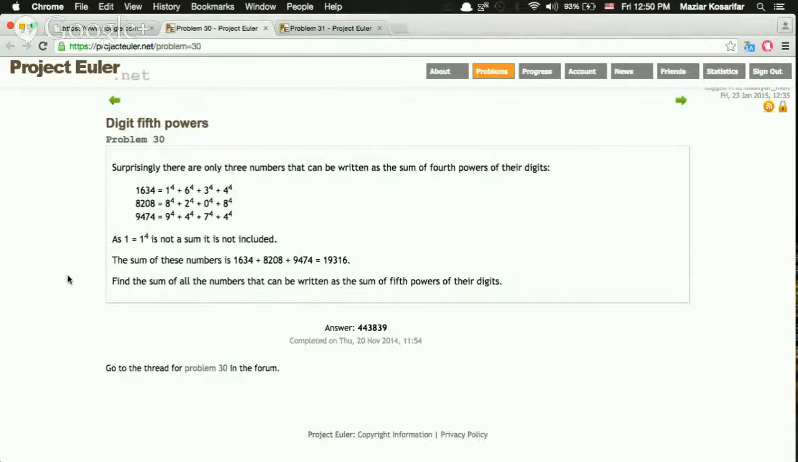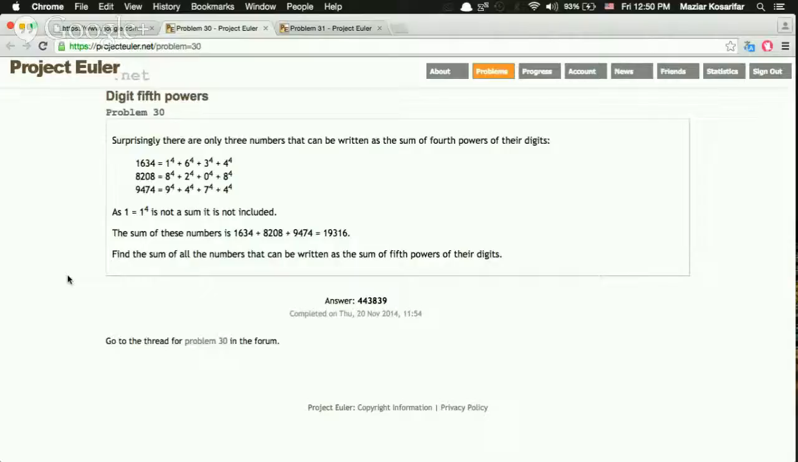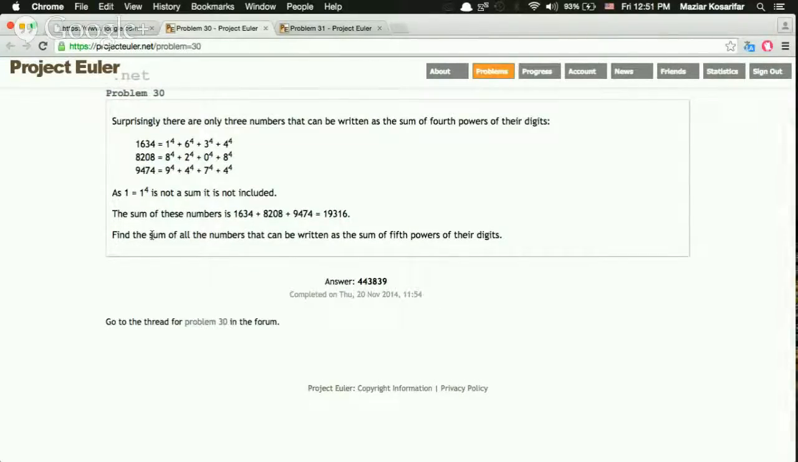Well, 1 is equal to 1 to the power of 4, but this is not included because it's only a 1-digit number, so this one doesn't work. The sum of the 3 numbers above is 19,316. So what we are supposed to do is to find the sum of the numbers that can be written